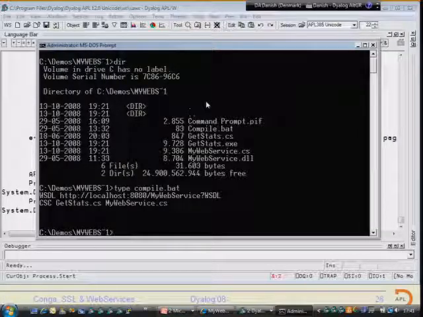Microsoft provide a tool called WSDL, which takes the URL of a web service, the page on a web service that returns the WSDL, and it creates C# code from the WSDL. So it's going to create a file called mywebservice.cs,